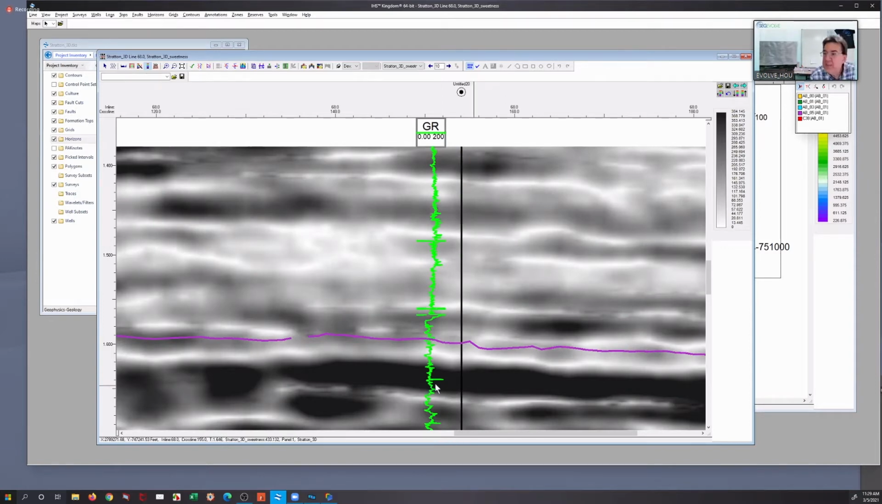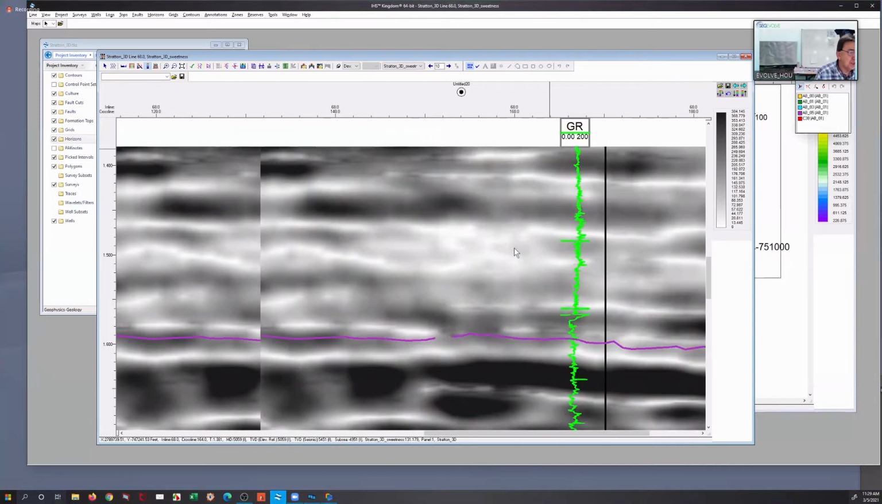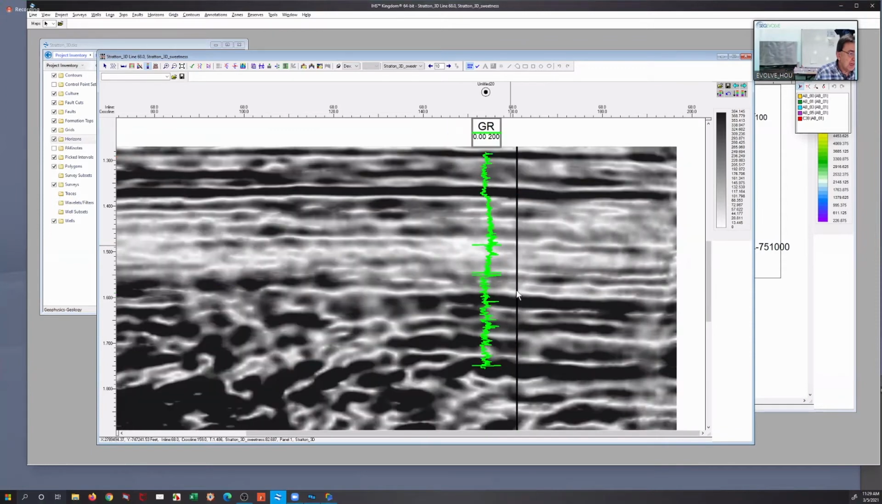What does that mean in terms of the geology? So now you're back to the wells and understanding those. Now, another thing I like to do when I have key horizons is extract the